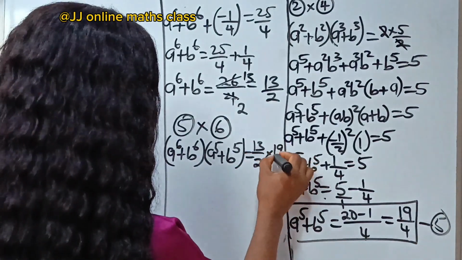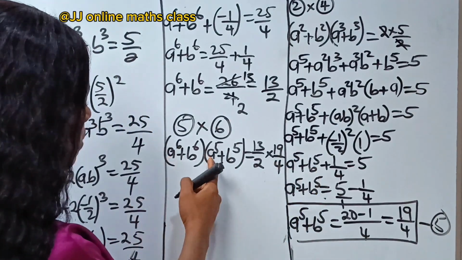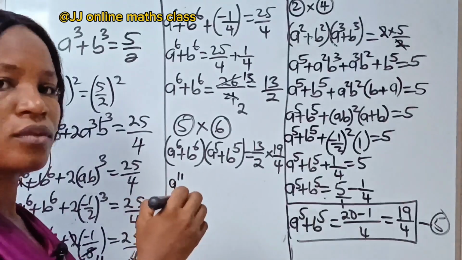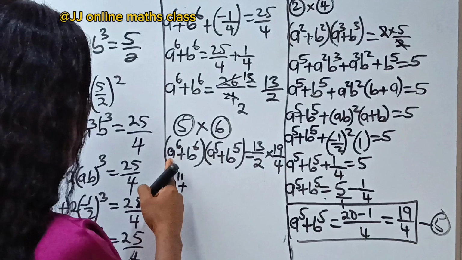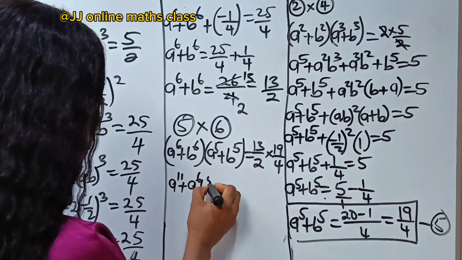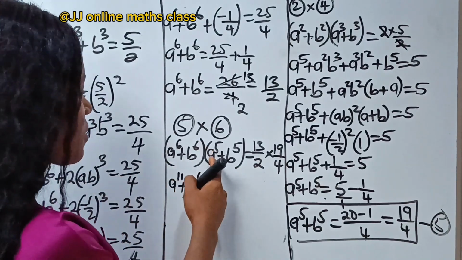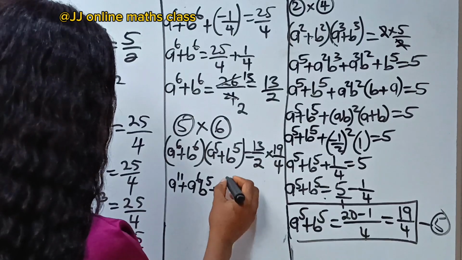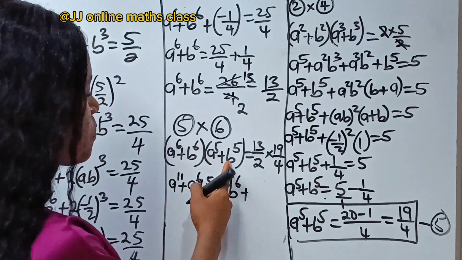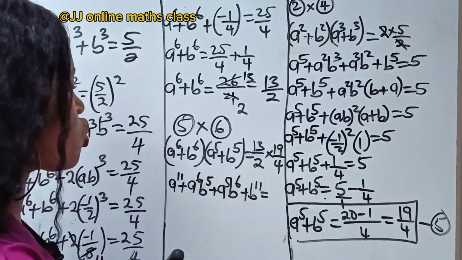Now a to the power of 6 times a to the power of 5 will give us a to the power of 11, plus a to the power of 6 times b to the power of 5 is a to the power of 6 b to the power of 5. Now b to the power of 6 times a to the power of 5 is still a to the power of 5 b to the power of 6, plus b to the power of 6 times b to the power of 5 is b to the power of 11, is equal to,